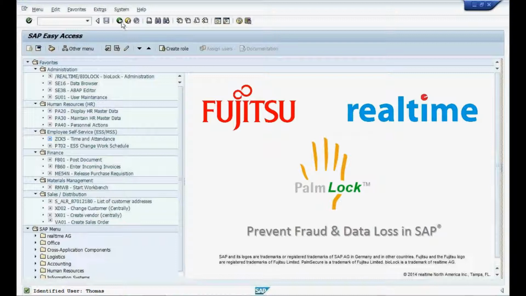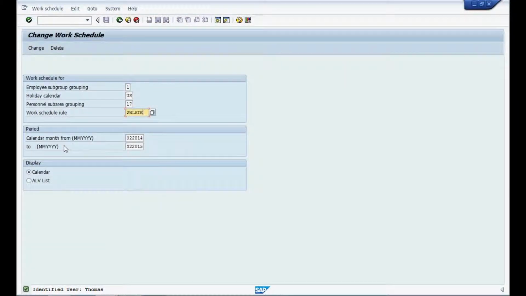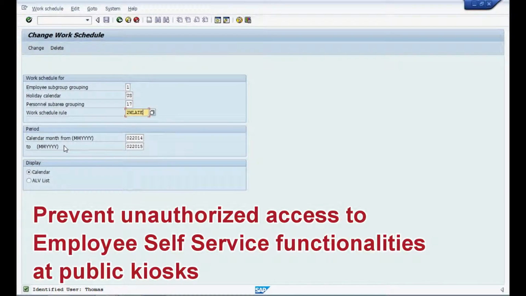Going back out, we are going into the ESS change work schedule. This is an application that we use with kiosks, where we also see a big opportunity for the non-intrusive Palm Secure device, where we would go into a function and simply change our work schedule. And again, we're doing this with kiosks, specifically in South Africa, where people go in and you can imagine what